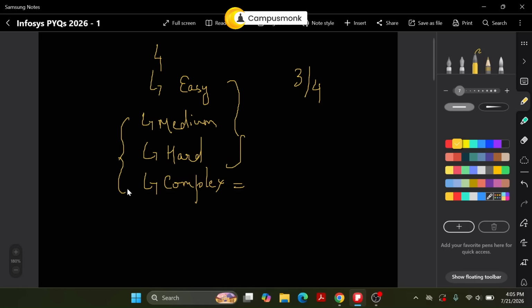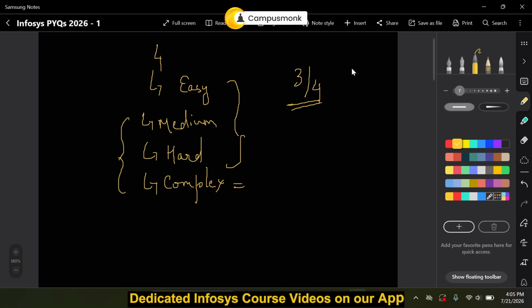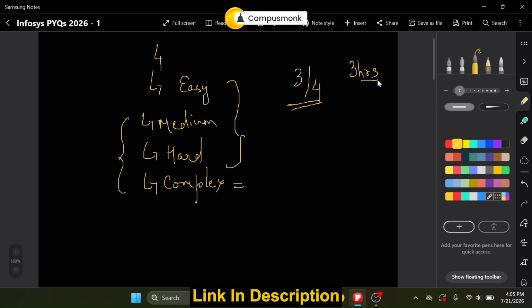Otherwise, if you can definitely solve these three, completely up to you. Whatever question you see and you choose, that is up to you. But remember, you have to do at least 3 questions out of a total of 4. And for that, you will be given a total time of 3 hours. Okay. The next thing is very important: remember here in Infosys you just have to write the function,